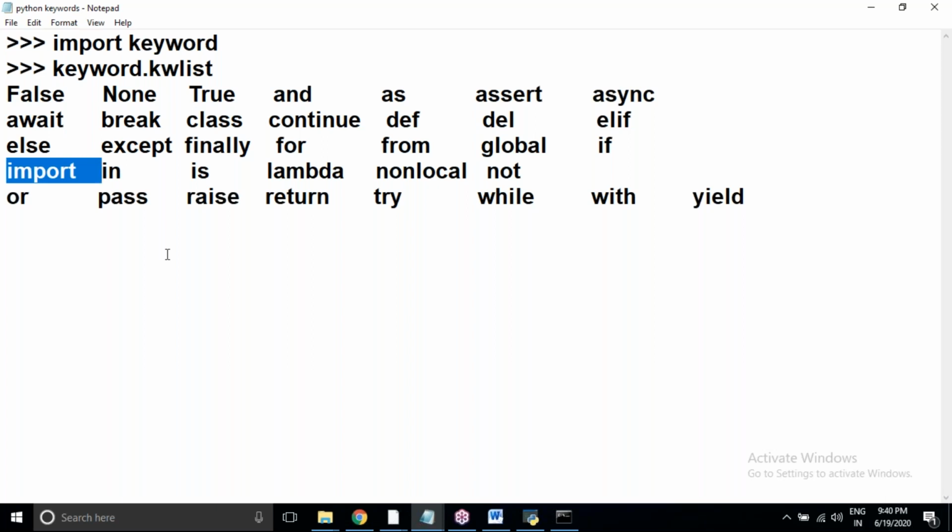But those who know Java and .NET know about case sensitivity, because we write in uppercase also. Case sensitive means whatever case is specified, we have to follow the same case. Wherever a capital letter is required, we have to write it, and wherever lowercase is required, we write lowercase. That's why we call it case sensitive.